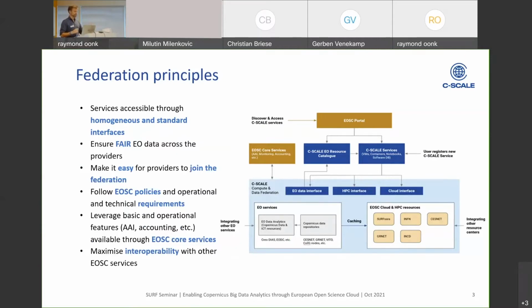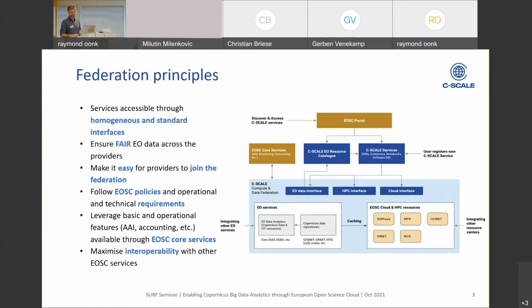And in doing so, these providers have to follow European Open Science Cloud policies when it comes to operational and technical requirements. And this in turn allows these providers to leverage some of the EOSC core services in terms of accounting, AAI, etc. And in doing so, we really hope to maximize interoperability across the whole landscape between the providers and the end